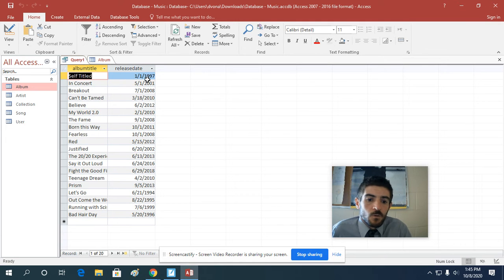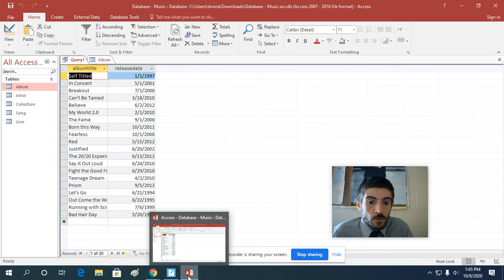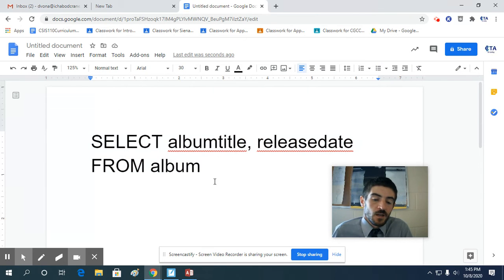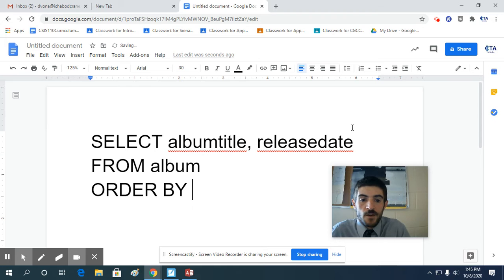All right, so what are some other things that we can do with a query? Because by itself, that's not super useful. All right, another thing we can do is we can have the database organize things for us. All right, so I can say order by, and order by are two separate words, so there is a space there. And then I can tell it which field I want it to order by. So I could say order by album title. All right, and if I add this line to my code,